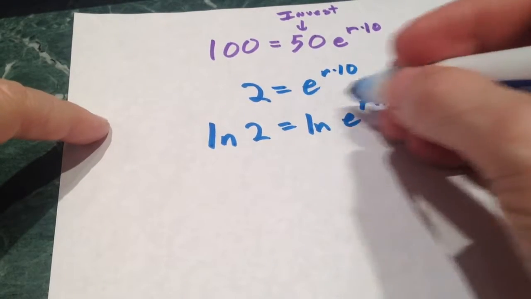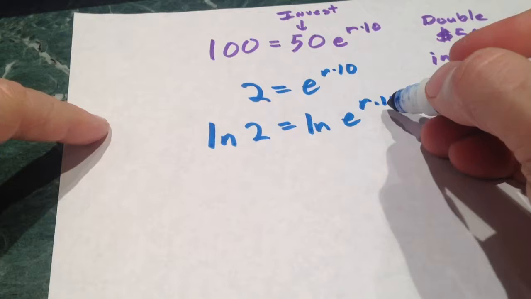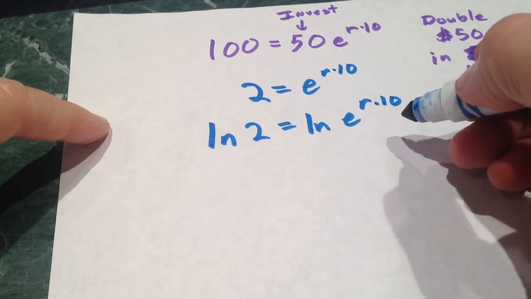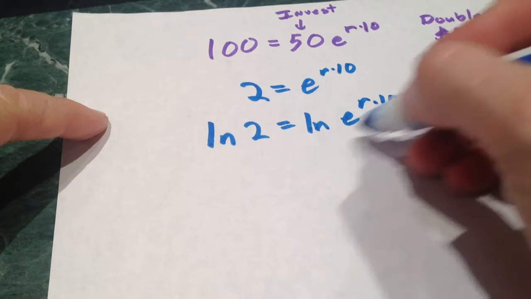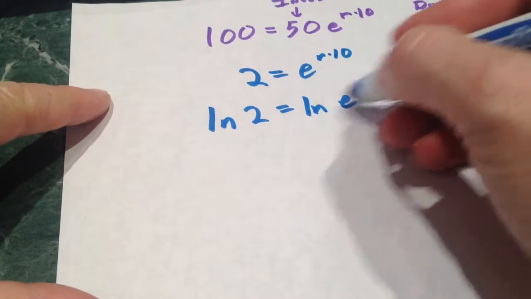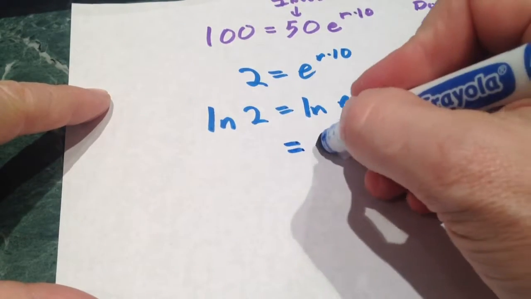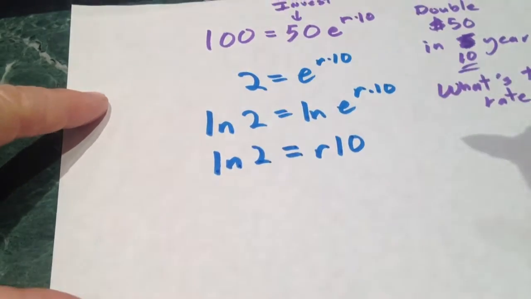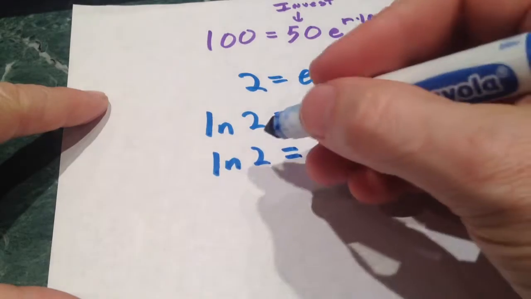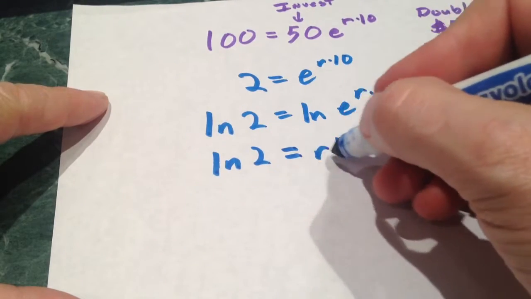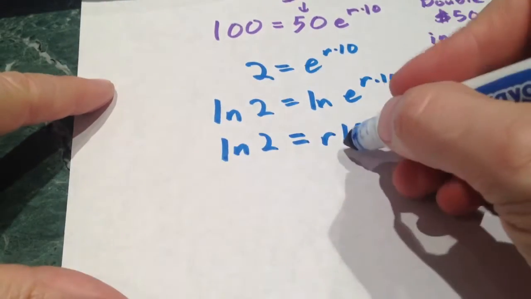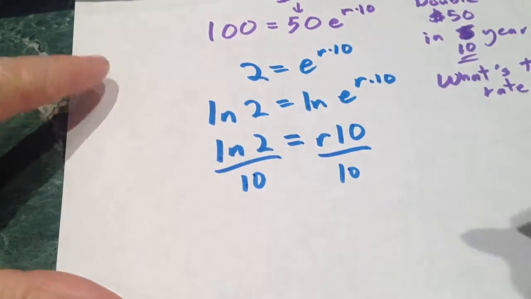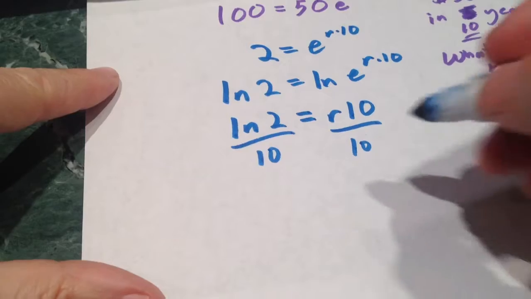The other reason it's r times 10 on this side is these are inverse functions. e to the something and log e are inverse functions in the same way that log base 10 and 10 to the x are inverse functions. So any way I cut it, I'm going to end up with r times 10 on this side, and this is what I like to call an algebra 1 kind of problem. Now I've just got some number equals my missing value times some number. So I divide by 10, and I don't know what the natural log of 2 is, so I put it in my calculator, and it's